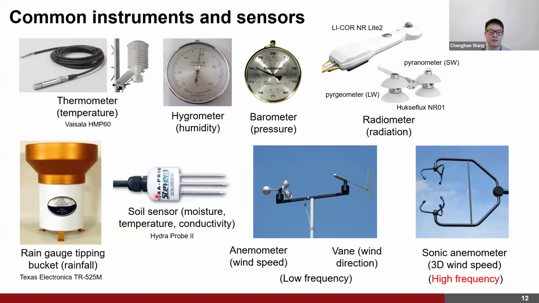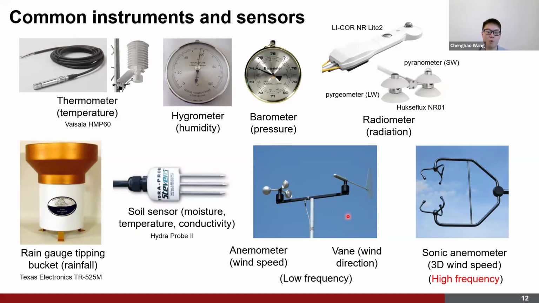And we also have this integrated soil sensor, which can measure the soil moisture, soil temperature, and soil conductivity, and also all other different kinds of soil properties. This one is a commonly used wind sensor. It can give us the wind speed and wind direction. Wind speed is from the anemometer, and wind direction is from the vane. But this kind of measurement is low frequency. It cannot give us a proper measurement if we want to get an understanding of the sensible and latent heat